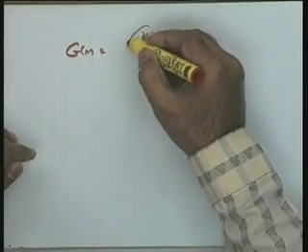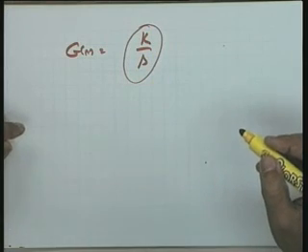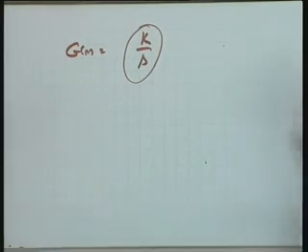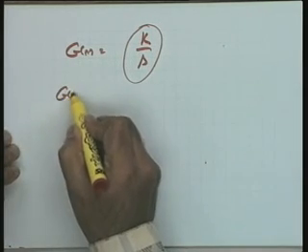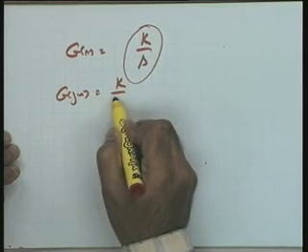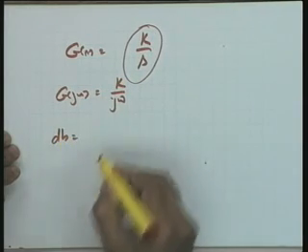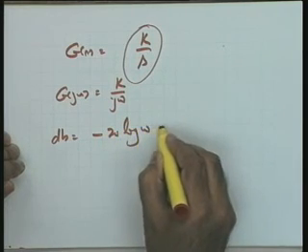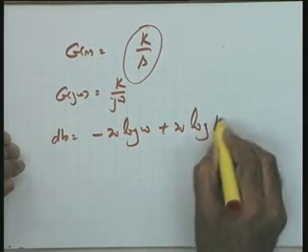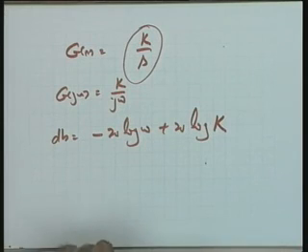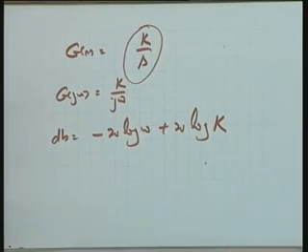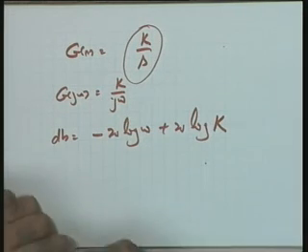But you see that this k by s factor could be taken as a single building block. It works better, it works quicker. As far as the phase angle is concerned, there is no problem, it is again minus 90 degrees. Let us see the magnitude. G(j omega) is equal to k over j omega. So dB, as you see in this particular case, is minus 20 log omega plus 20 log k. So it simply shifts your point, you see. Now again, this is a line of minus 20 dBs per decade. You can see that, you can put it this way, y is equal to mx plus c.